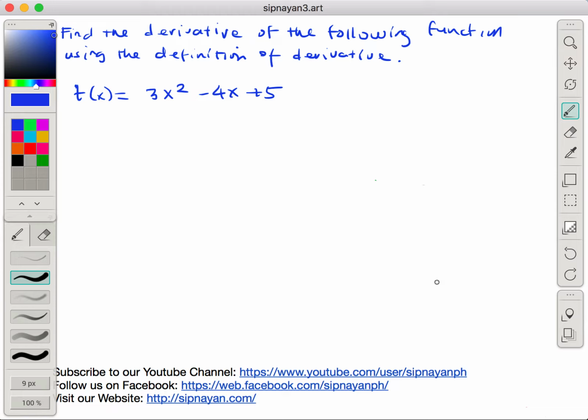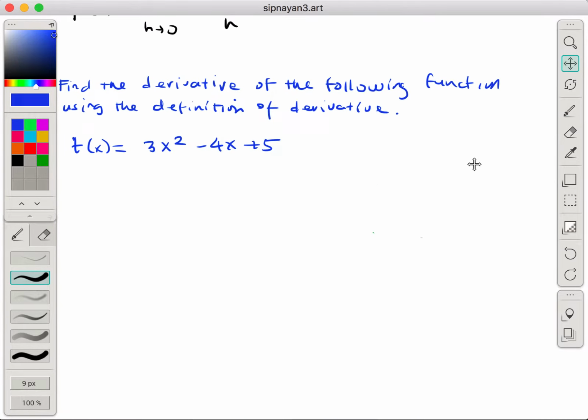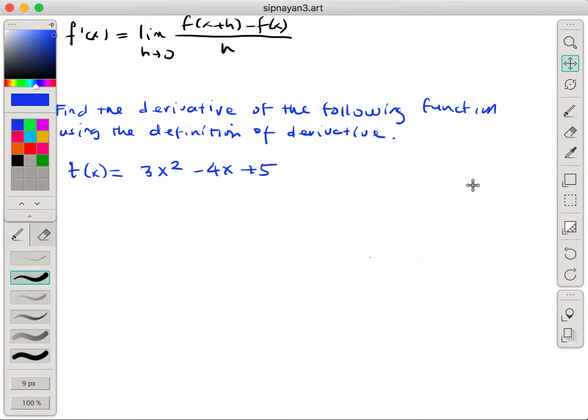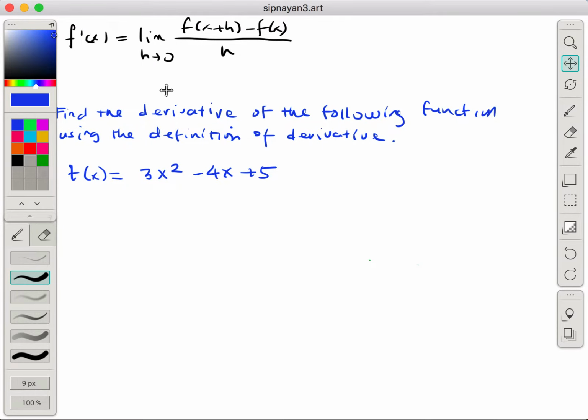In this video ay tutuloy natin yung series natin on calculus. And kung sinusundan nyo itong series natin na pinag-aaralan natin ay about finding the derivative of a function using the definition of derivative. So yung definition ng derivative, the slope of f at x, denoted by f prime of x. Ito yung ating expression, the limit as h approaches 0 of f of x plus h minus f of x